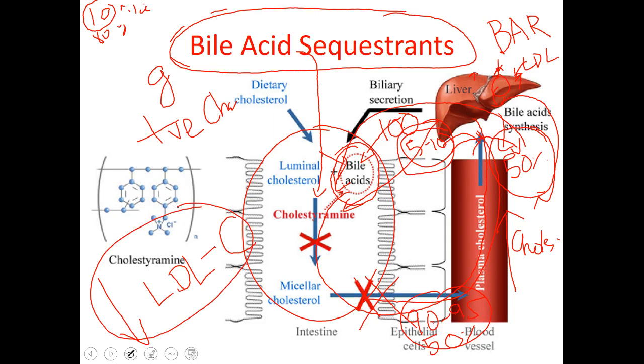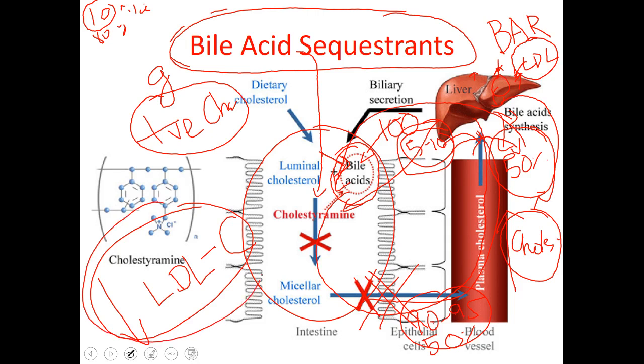Got it? Just to simplify, bile acid sequestrants are highly charged molecules. When taken orally, they bind to the bile acids and reduce the enterohepatic circulation. So, the liver will have to synthesize more bile acids. One of the essential constituents of bile acid is cholesterol. So, if more bile acid is being synthesized, more cholesterol will be required, and so more LDL will be destroyed from the circulation. So, ultimately you get a reduction in LDL cholesterol.